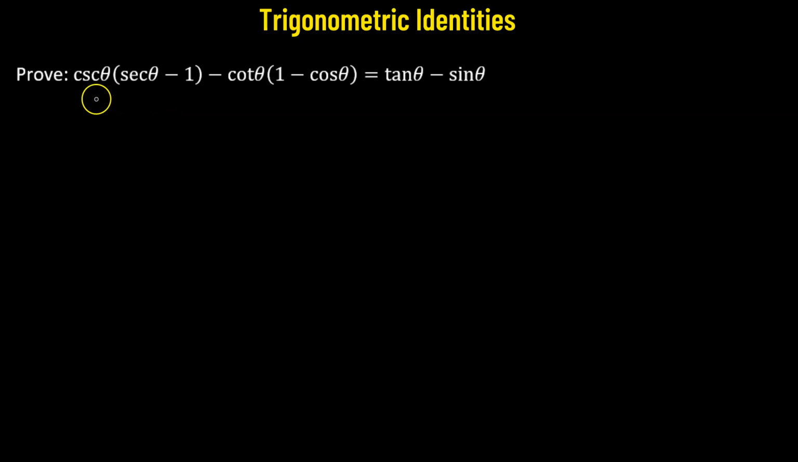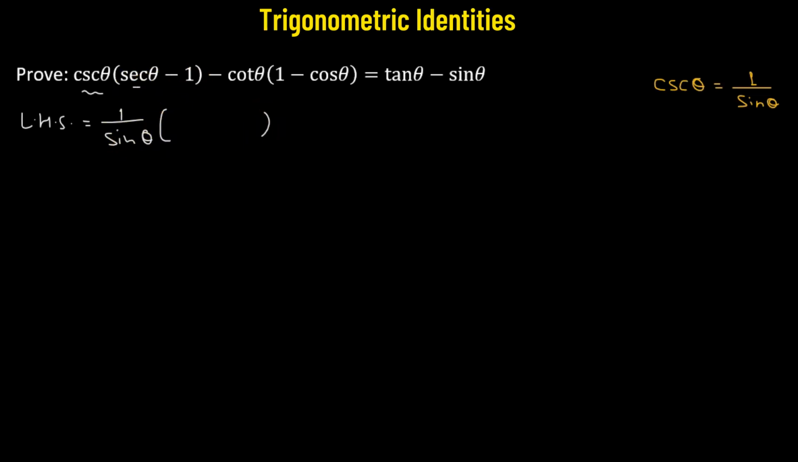In this problem, we need to prove the following. So let's begin from the left hand side of a given expression. So here we have cosecant theta. We know that cosecant of theta is the reciprocal of the sine function. So we have 1 over sine theta. So we're going to replace cosecant of theta with 1 over sine theta, whole multiplied to, now we have secant